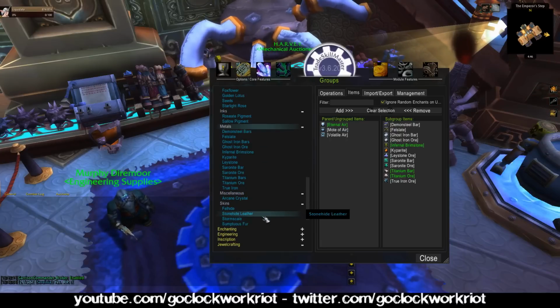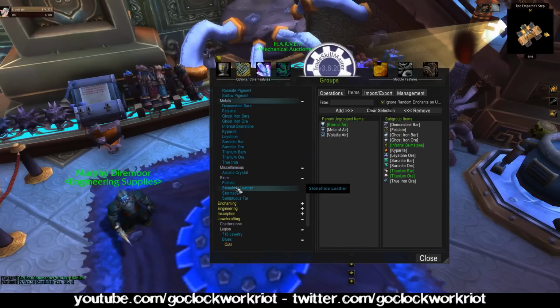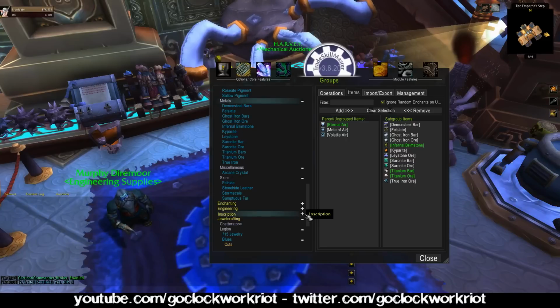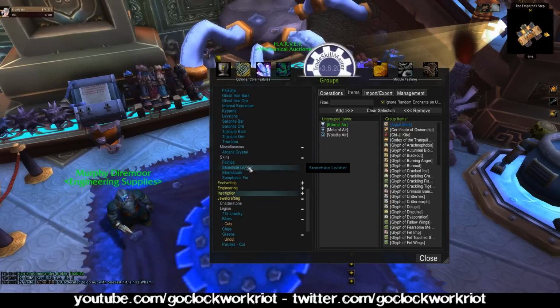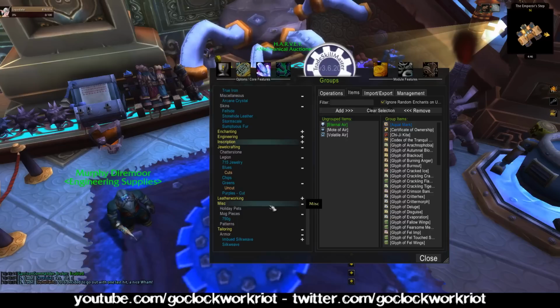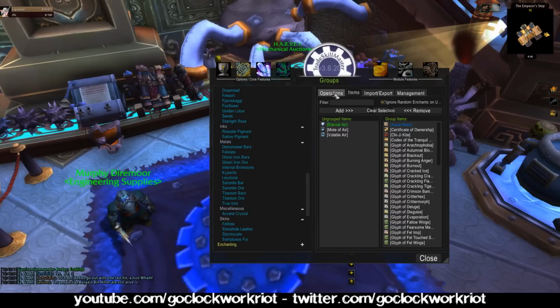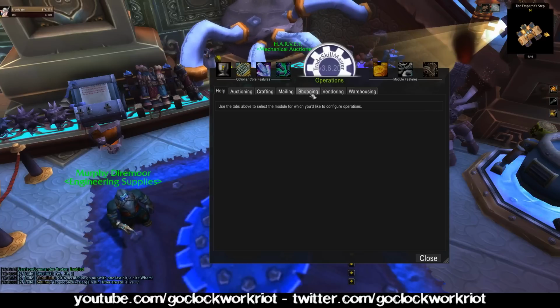I had a whole bunch of shopping lists for various crafting materials. I highly recommend you guys set them up. Basically, anytime you find yourself wanting to craft something, figure out what the crafting materials are, add them to a shopping list based on what you want to pay, and just always have that shopping list running every once in a while. So I have some pretty big lists, and then if you look at my shopping operations,